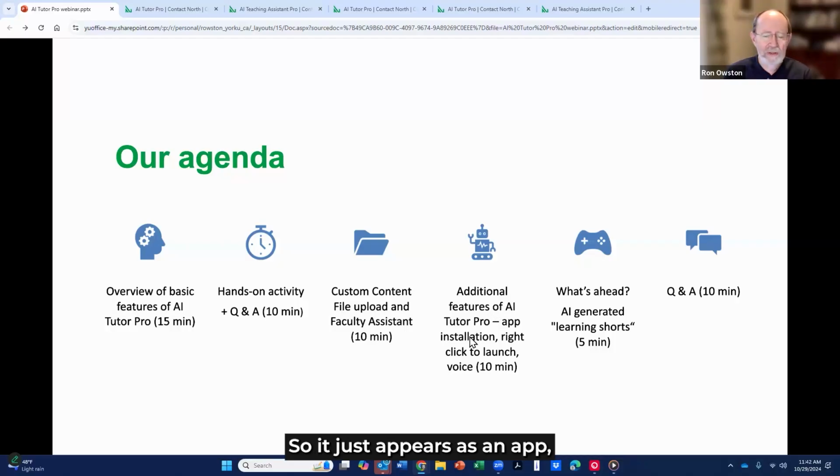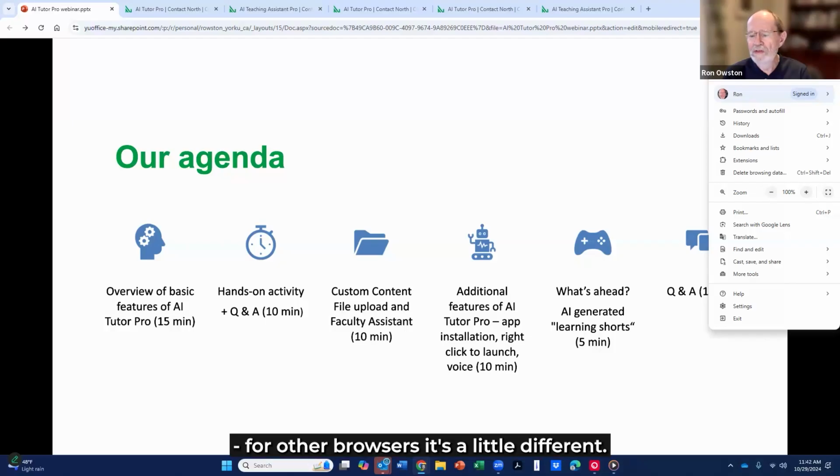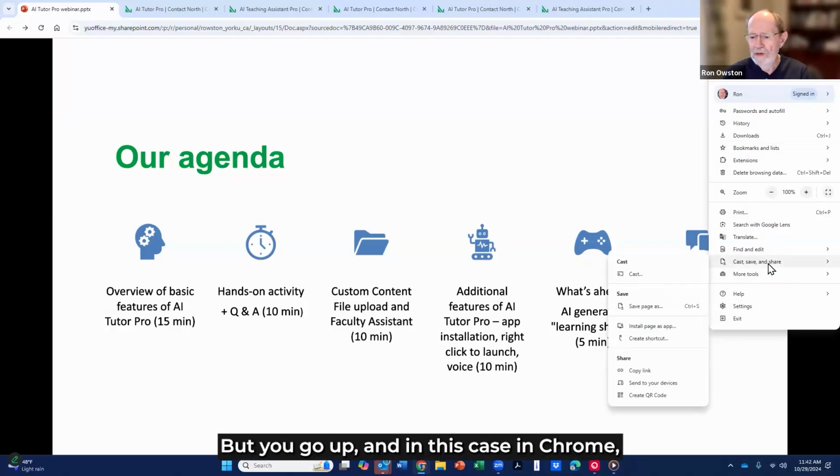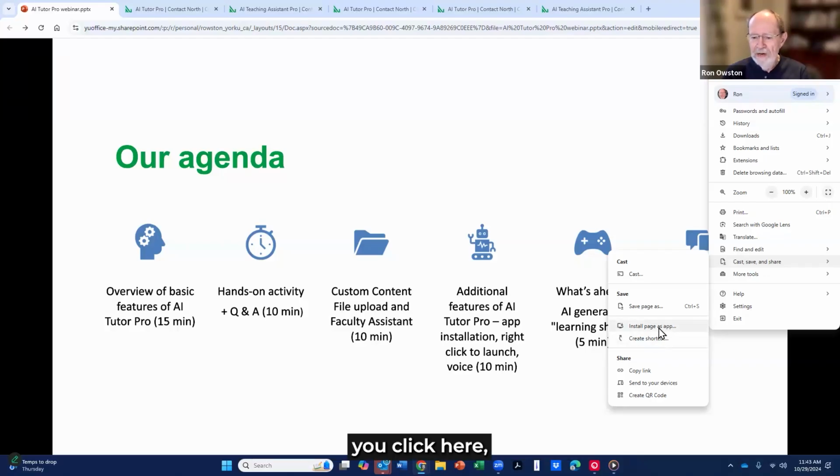like as an app, so it just appears as an app just like any other on your phone or tablet. So all you need to do is in Chrome, for instance, other browsers it's a little different, but you go up. In this case, in Chrome, you go to Cast, Save, and Share, and you click here, Install Page as App. And what this is going to do is then install it so you've got